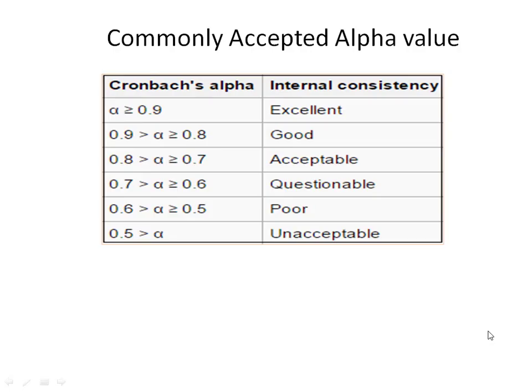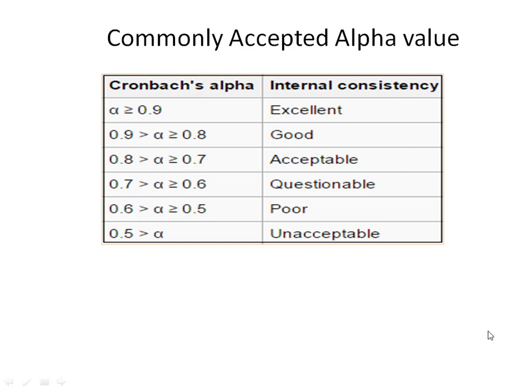There are different arguments, assumptions, and reports about the acceptable value of alpha. It ranges from 0.70 to 0.90. A low value of alpha could be due to a low number of questions, poor interrelationship between items, or heterogeneous constructs in the variables. So these are certain reasons for a low alpha.